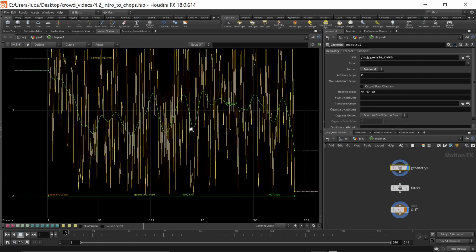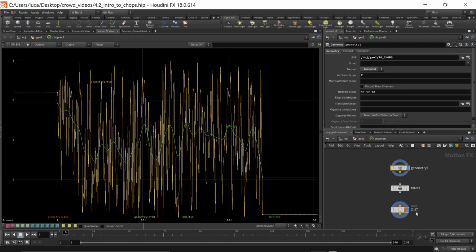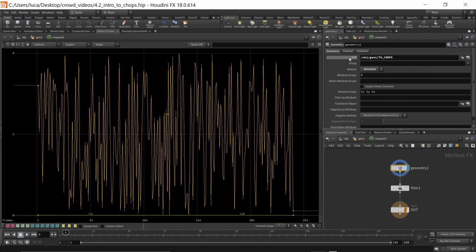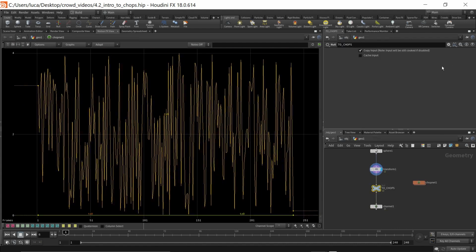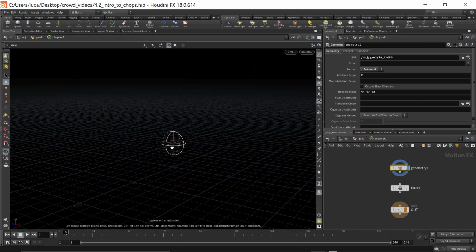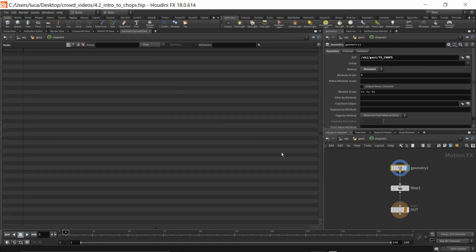There's this operator called a geometry operator, and what it's basically doing is looking at the SOP, this one called two chops, and it's bringing in the position information of the point. In this case, it's a primitive sphere, so there's only a single point. So it's bringing in that information,